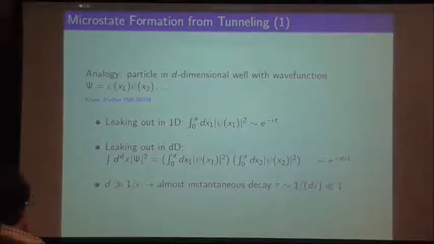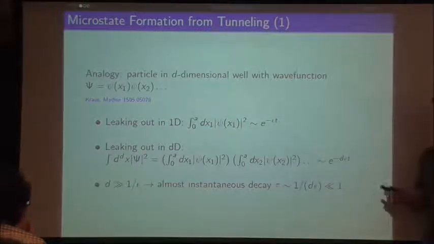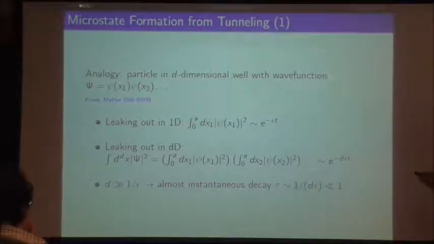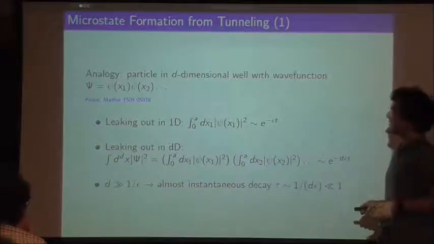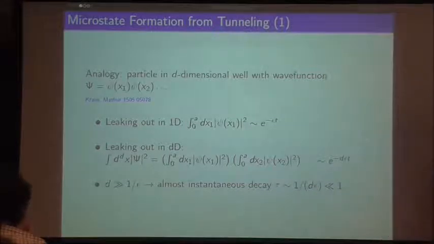So after a time t of the particle sitting in the well, you can still approximate the norm of the wave function that's sitting in the well, in one dimension. The norm of the wave function still in the well is going to be almost 1. If epsilon is a very small number, then this is going to be very close to 1. But now the question is, what happens when I have not one dimension but d dimensions for the particle to leak out?